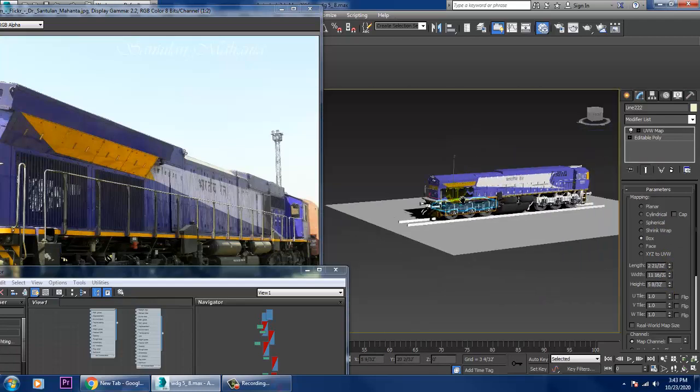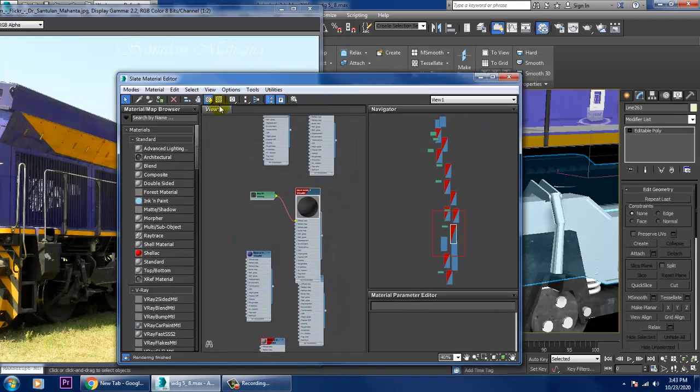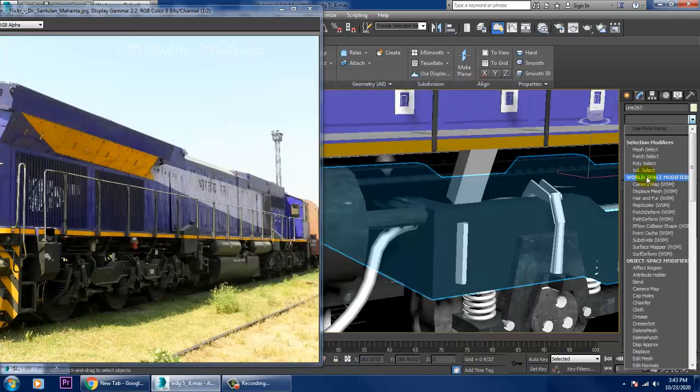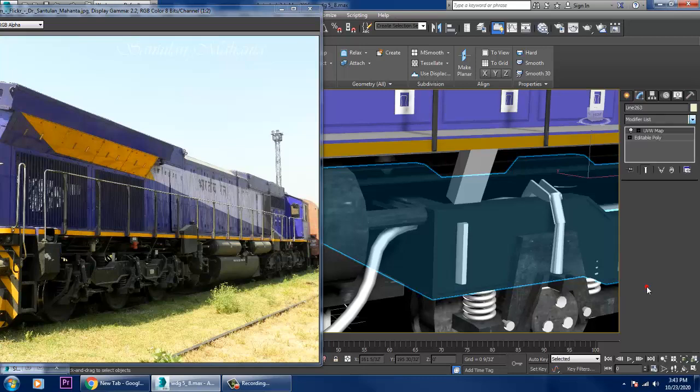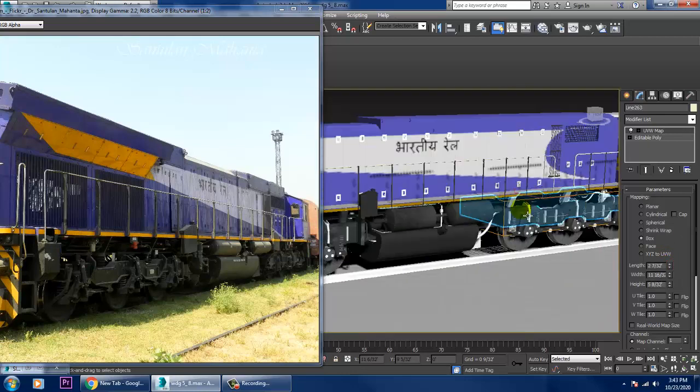Alright, so same thing will go with this also. We'll definitely be assigning the same texture over here. Let's go into this, give a UVW map, set it as a box, and let's increase this stuff.